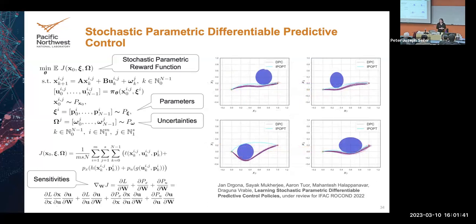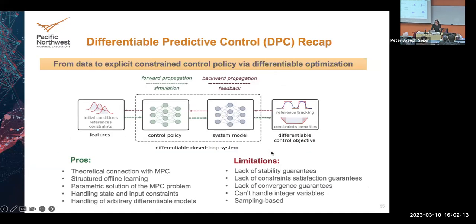Another example where we looked at a simple double integrator that has to go from point A to point B while avoiding an obstacle. You can see that our differentiable predictive controller, once it has been trained, can go between these 2 points, and then you can compare with the output from an actual optimization-based approach. And you see it's not always the same, because DPC is an approximate approach.